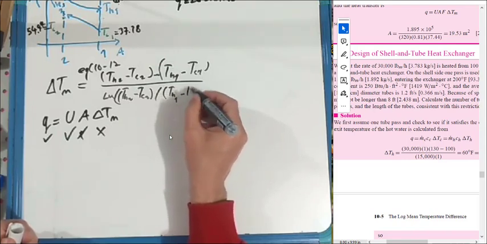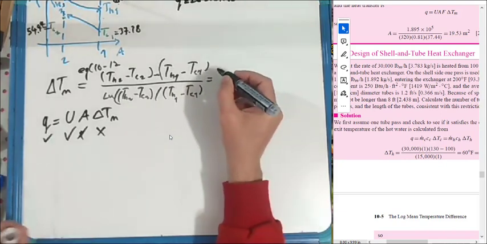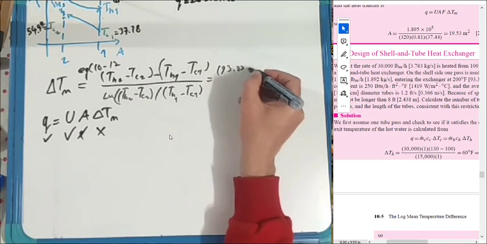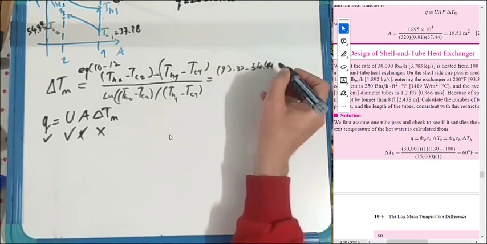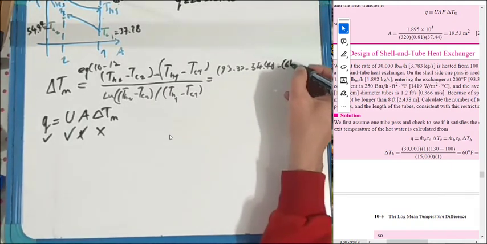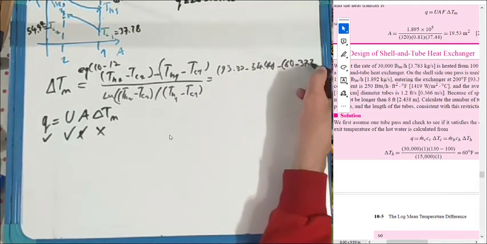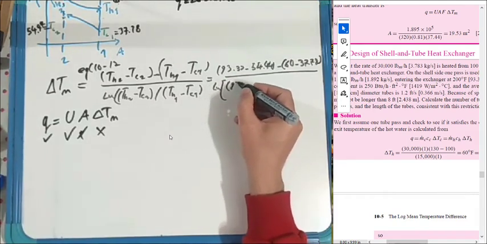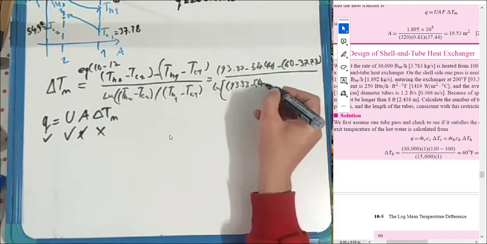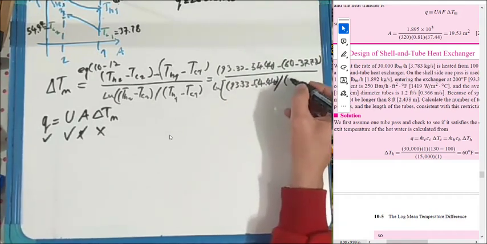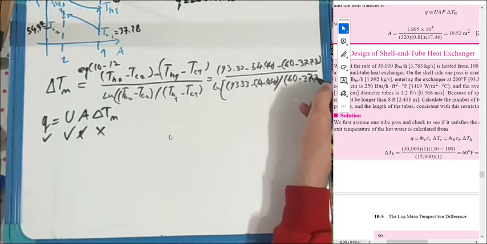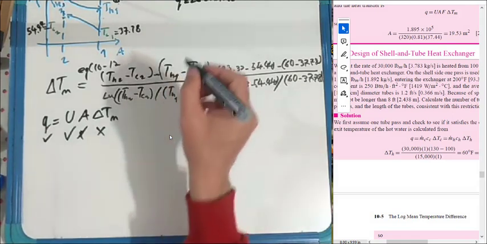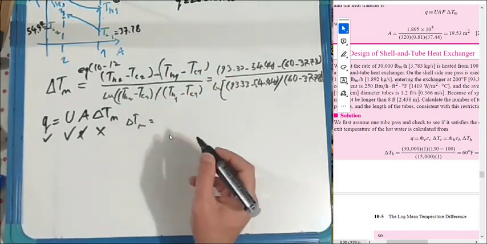If I put the values here, 93.33 minus 54.44, minus 60 minus 37.78, divided by ln of 93.33 minus 54.44 divided by 60 minus 37.78. Then delta Tm equals